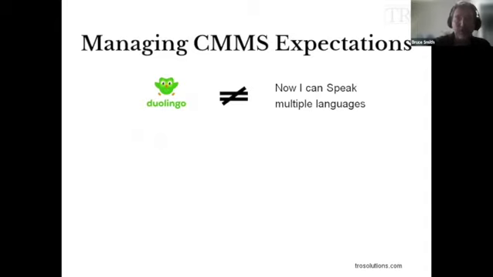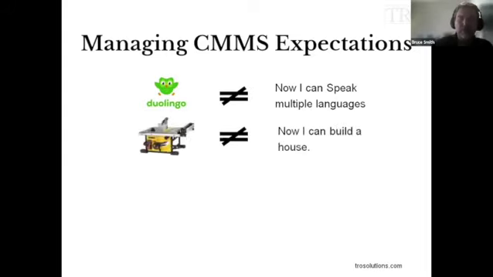Well, you may be able to, but you have to consider the effort that goes in to learn those other languages. There has to be typically a reason or a motivation for doing that. There has to be effort, time, a lot of dedication to get that outcome, and you don't just buy this software and expect you'll have these outcomes. And the same with